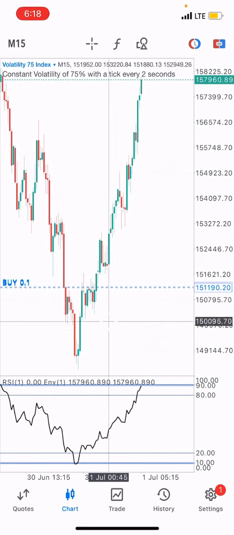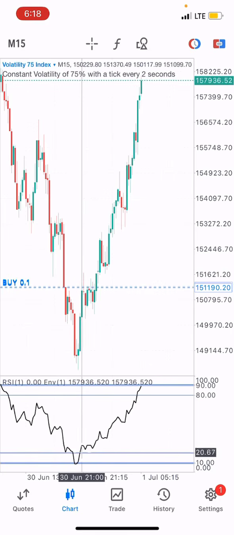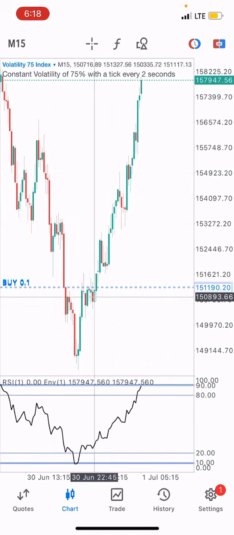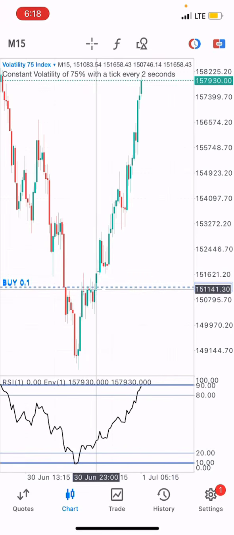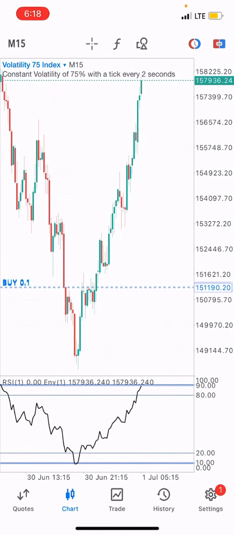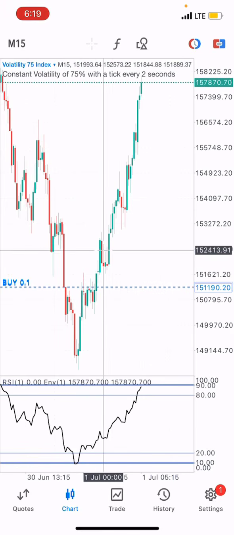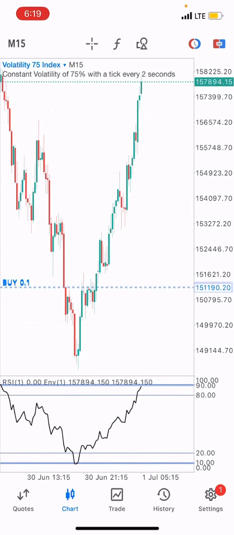So I entered the trade, I even entered the trade a little bit late. This was where I was supposed to enter the trade, right here after the closing of this candle, but I entered here actually. I entered it and left it overnight, and it's still riding all the way up. So I'm currently up about $6,000 plus. It's more than $6,000 right now. This is Vix75 index with 0.1 lot size. I opened 9 positions with this trade on my account, and I'm already up